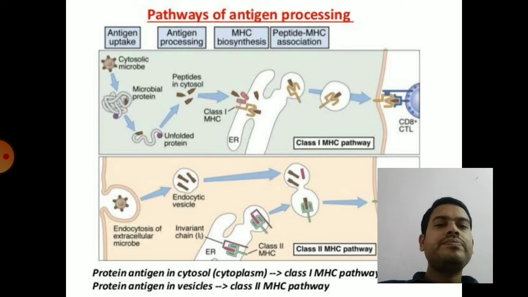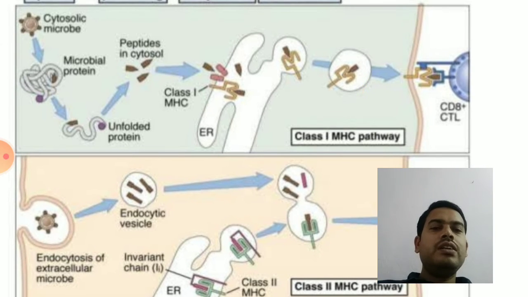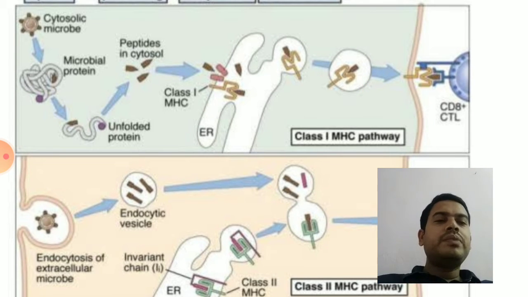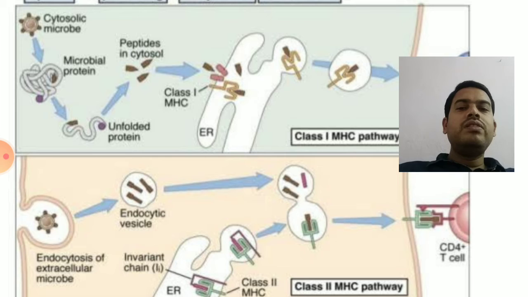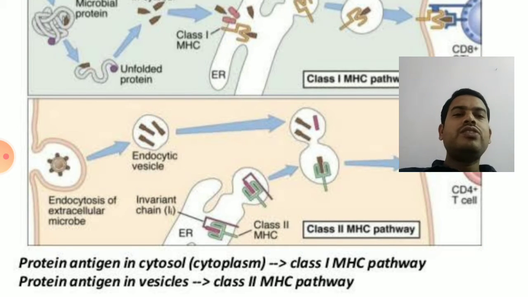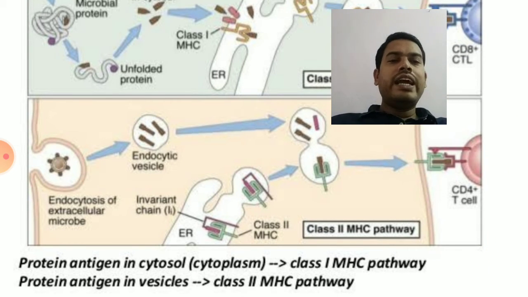So you can clearly see where it is presented to CD8 receptor containing cytotoxic cell. So for microbial endogenous antigen by the cytosolic pathway, the MHC class 1 will process the antigen and present it to the CD8 receptor containing cytotoxic cell. Whereas the class 2 MHC molecule, they will process the exogenous antigen by the endocytic pathway. So exogenous antigen means the antigen that is engulfed by the process of phagocytosis.